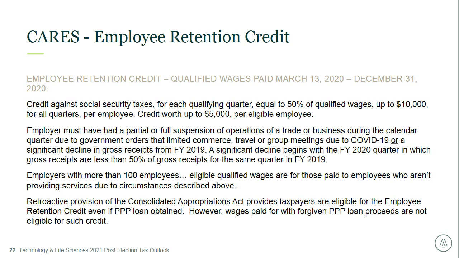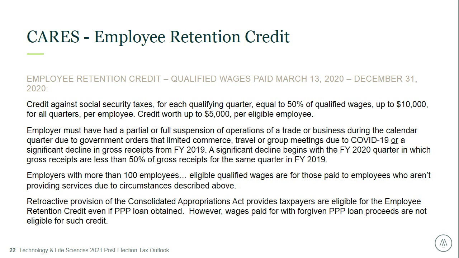Now, something that came out with the Consolidated Appropriations Act that I think is really advantageous is there's a retroactive provision that goes back to March 13th, 2020 that says taxpayers are eligible for the employee retention credit even if a PPP loan was obtained. So CARES originally provided that if you received a PPP loan, you couldn't also access this credit. The Appropriations Act gets rid of this particular provision. However, it says that wages paid for with forgiven PPP loan proceeds are not eligible for the credit. So you can't double dip in terms of